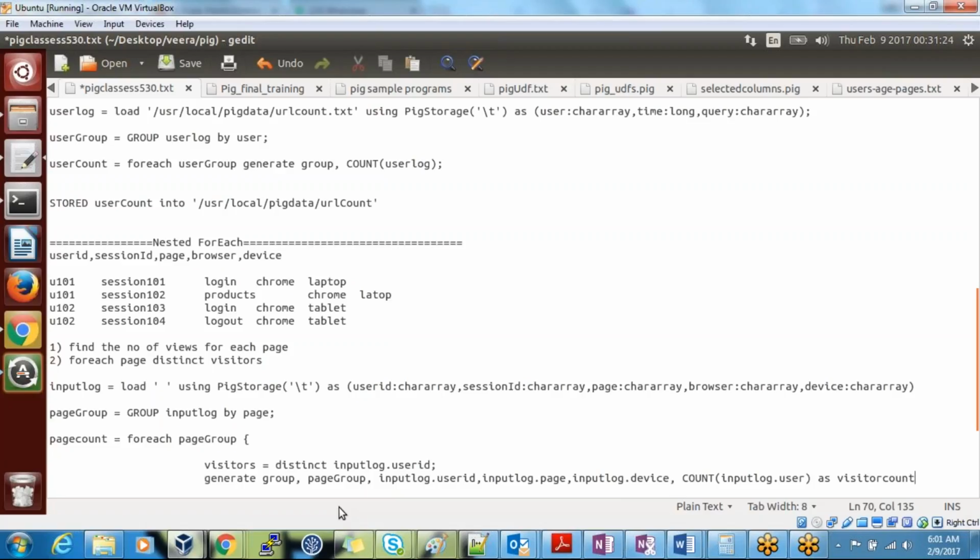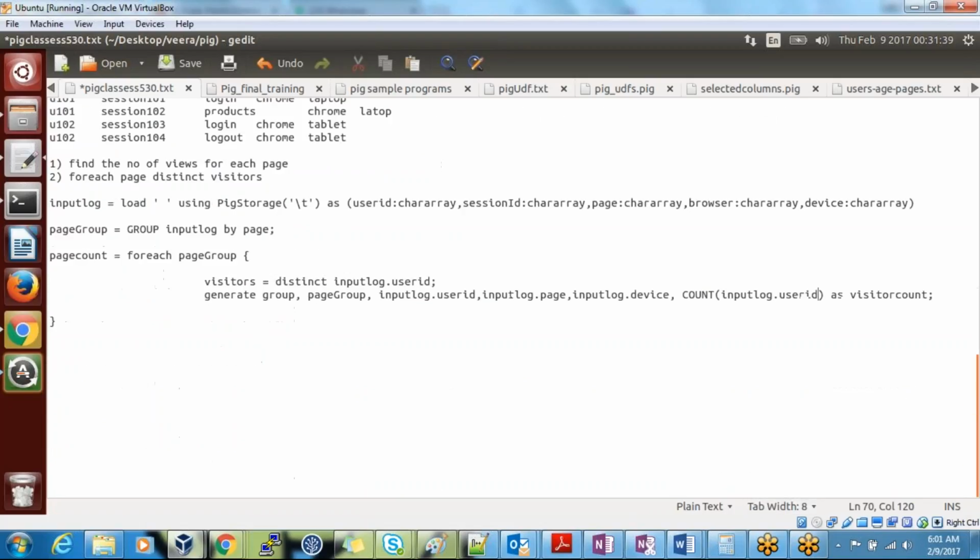That is input log dot user ID inside the count. The column name is user ID. Done. So we have executed and I have a semicolon here.